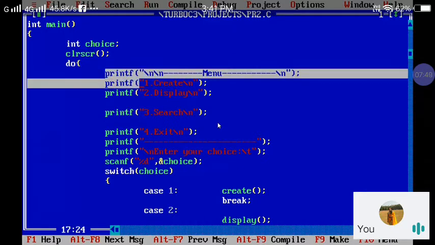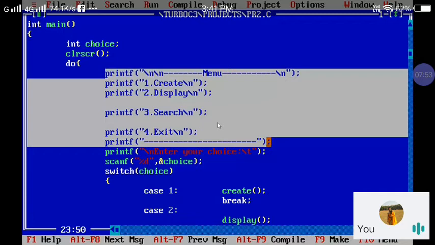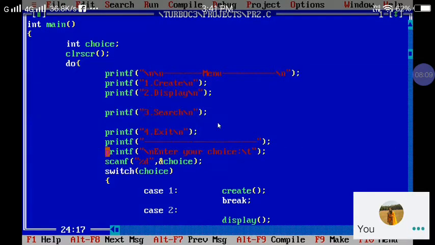Here I have written my menu. In this menu I have used four options: first is creating the array, second is displaying the array, third is searching an element from the array, and the fourth is exiting from the program. So these are the four menu options I have taken for the user.